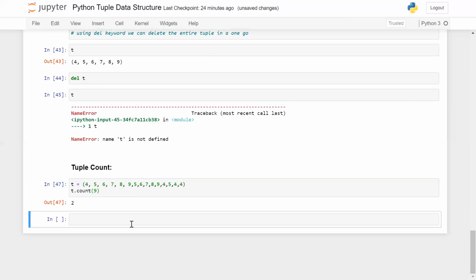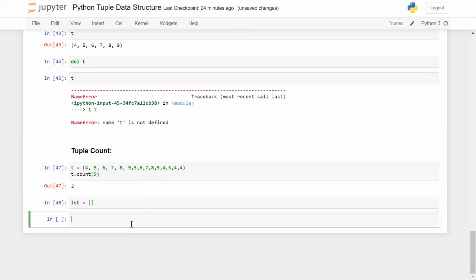So guys, if I create a list, these are the relevant functions related to the list. Now, if you check t dot, these are the two methods related to the tuple. We have seen count. Now, if I want to check the index of 9, see what will happen.